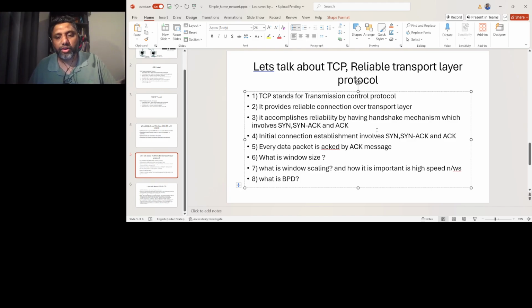That is called the round trip delay, right? So that is, for example, if it is 100 milliseconds, right? So you have a connection which is 100 megabits per second and you have a round trip delay of 100 milliseconds,